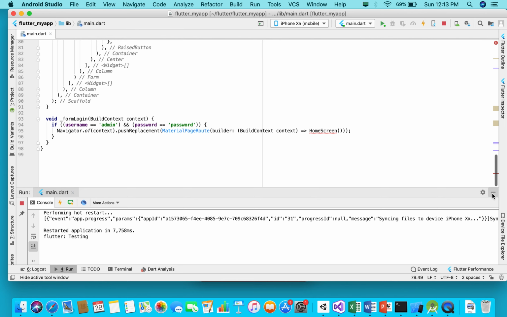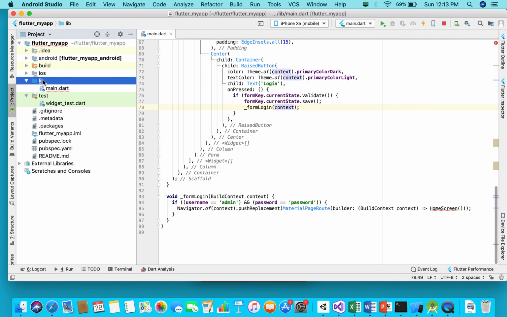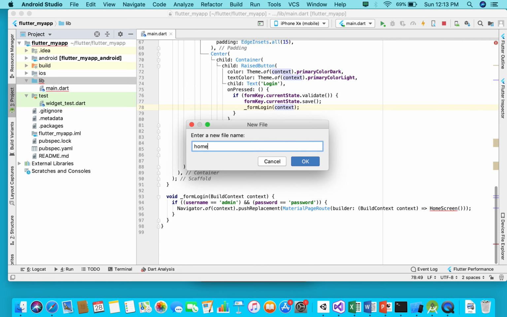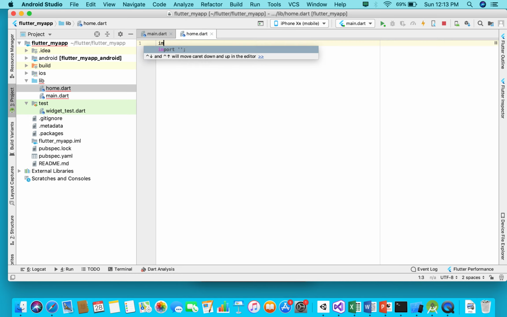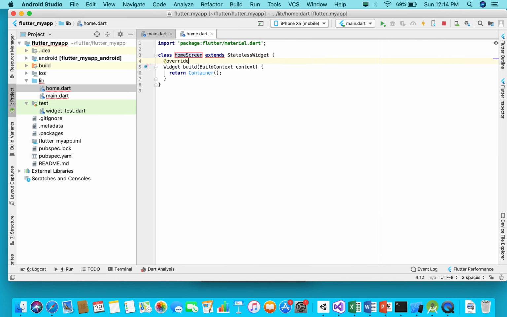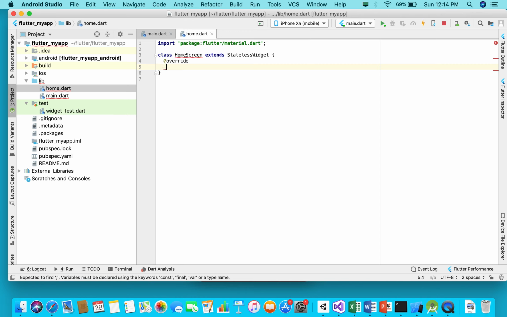So what we need to do is go to your project, and from here you create a new file and rename it as home.dart. Okay, this is home.dart. Import Flutter. This is a very basic step. Stateful widget, and here we need to copy HomeScreen, go to HomeScreen and paste here, and then here change to underscore HomeScreen,